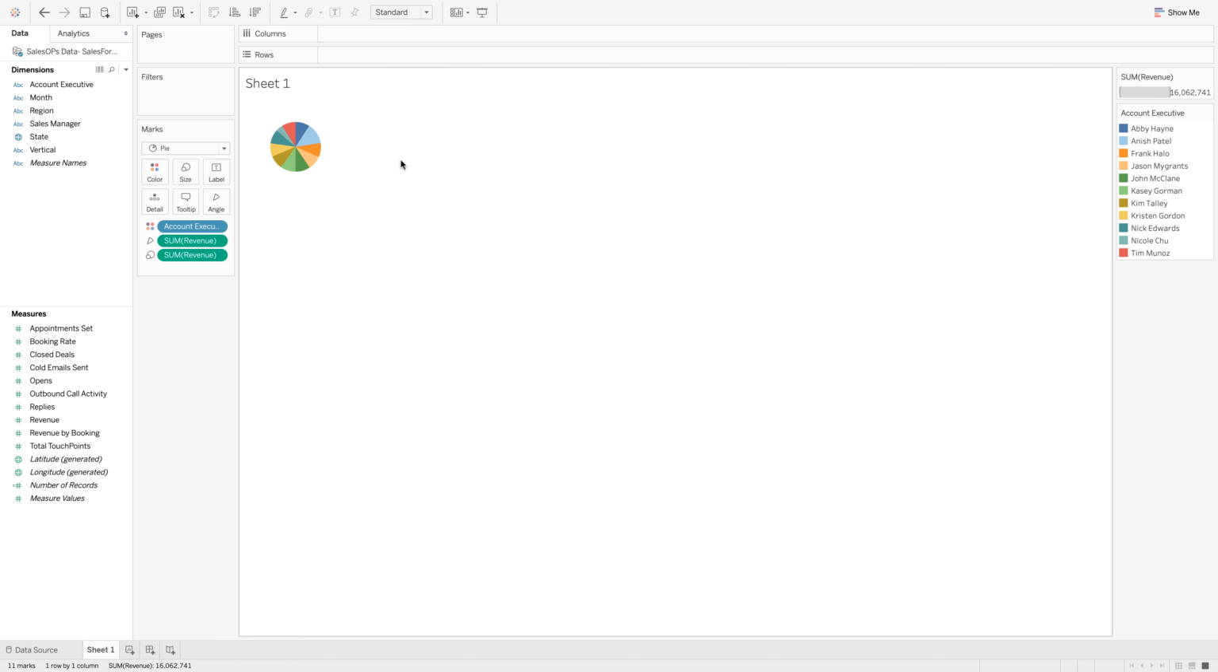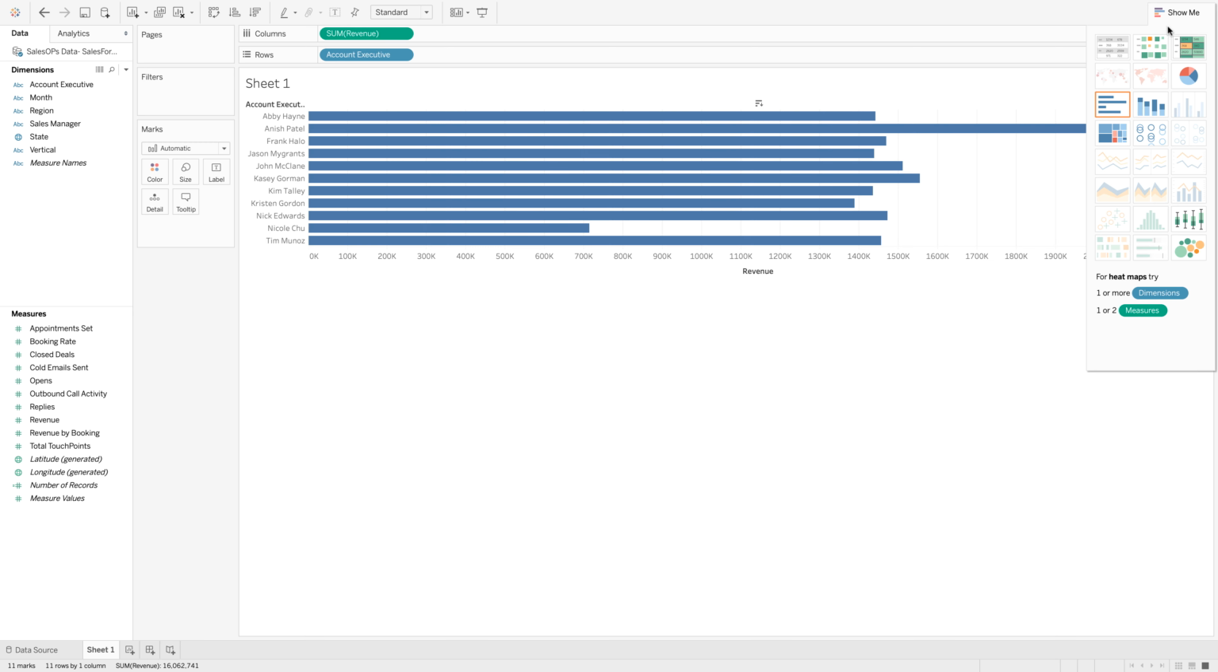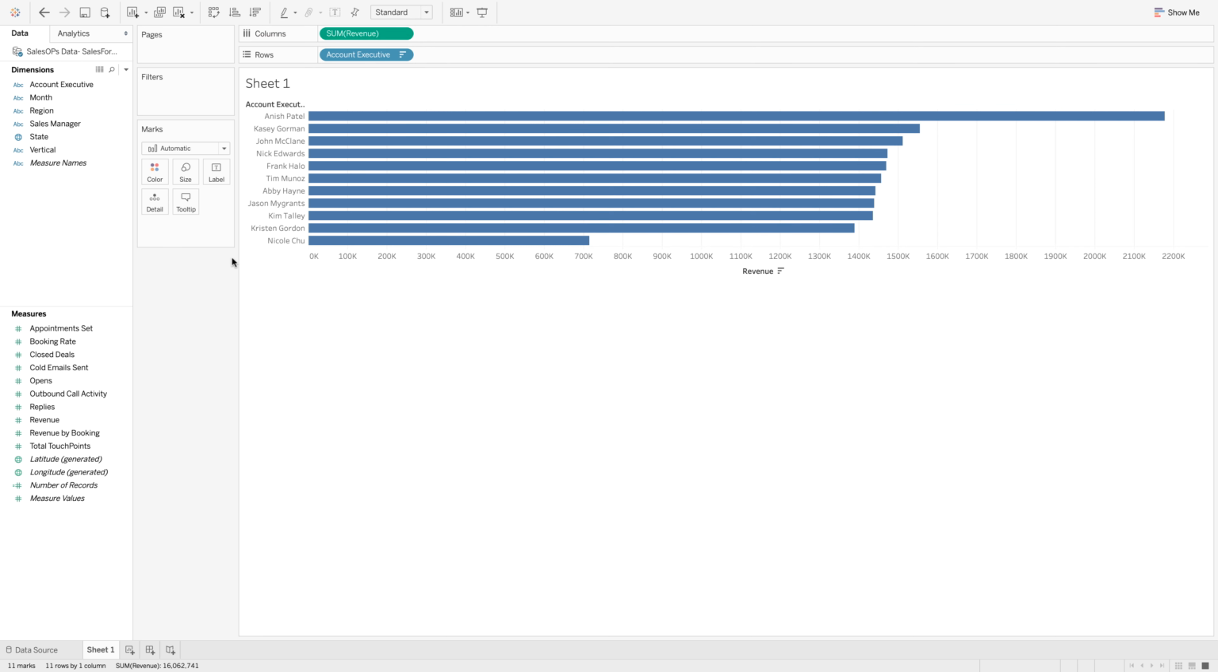It's not super helpful to be able to see stack rank, who's our top performer, who's our bottom performer, etc. Instead of showing pie charts, what I usually recommend students and analysts do is change this over here in the top right in the Show Me palette into a stacked bar chart. So we click on that, and now let's go ahead and sort descending. It's usually a best practice to sort your bar charts by either ascending or descending order. And here we go. We're able to see Anish is at the top, followed by Casey and John McClane, who are our top 3 reps, with Nicole coming in last with only